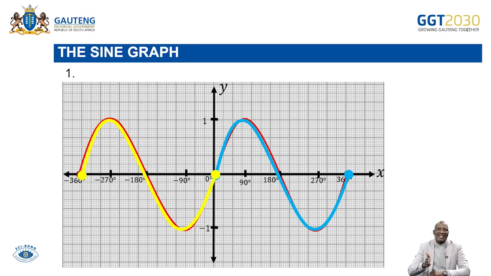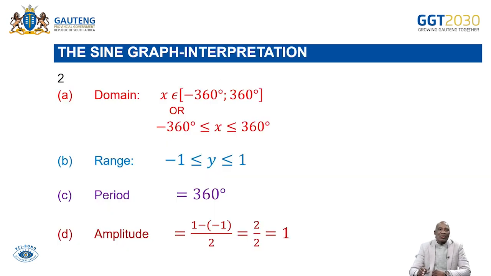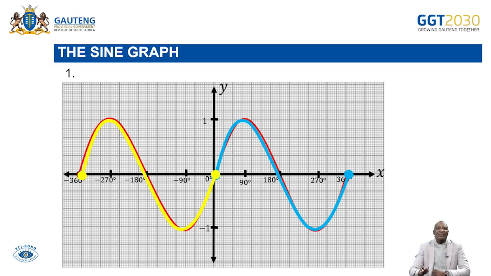Therefore, a standard sine graph completes only one cycle within a revolution. Meaning, after every 360 degrees, I have a complete graph. Okay, right, going back to the questions, they said we must determine the domain. We've already spoken so much on the domain. It is the x values of the graph where the graph exists. So our graph exists from minus